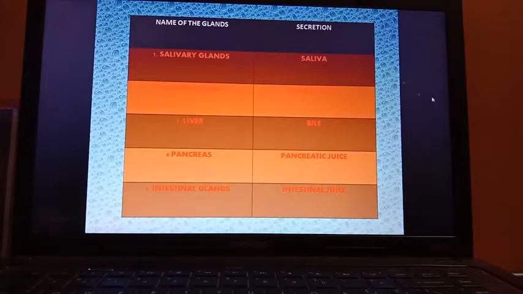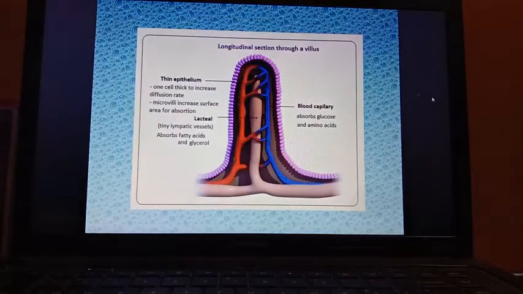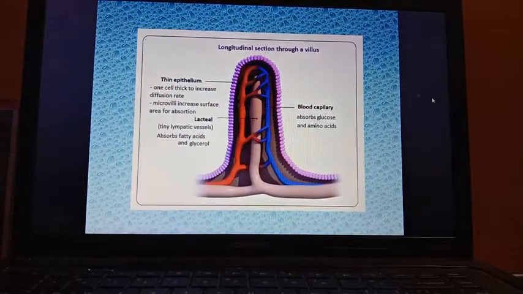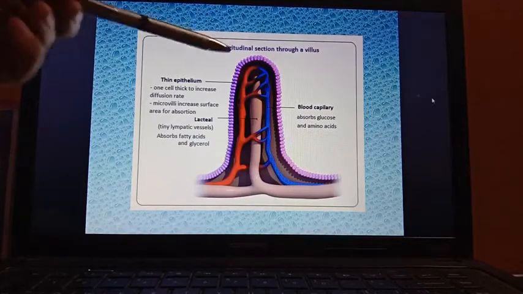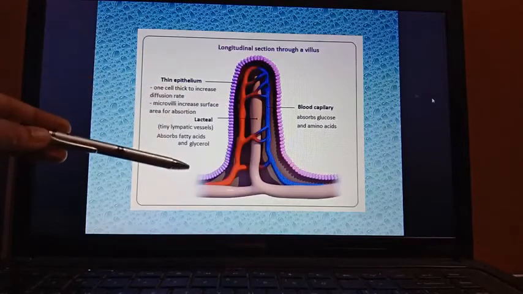Next question, question number 3 of the long answer questions. What is the function of villi in the small intestine? Draw its diagram also. So first you can see the diagram in your book also. On page number 51, you can get the diagram of the structure of a single villus. Here also you can see the main points you have to mark.